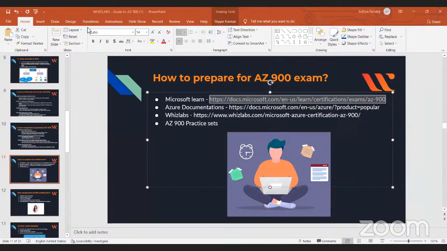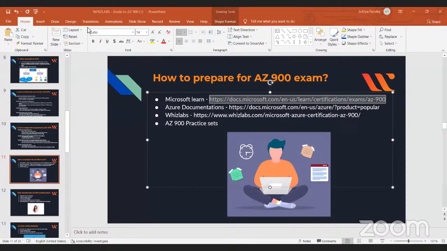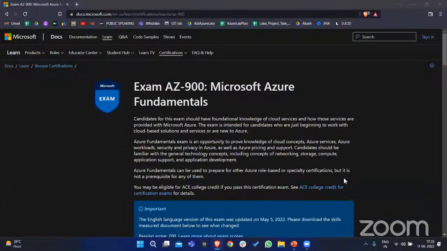You're not able to see the page. Sorry, I'm really sorry. I think you'll have to reshare your screen. Yeah, I'm sharing it. Is it visible now? Yes.